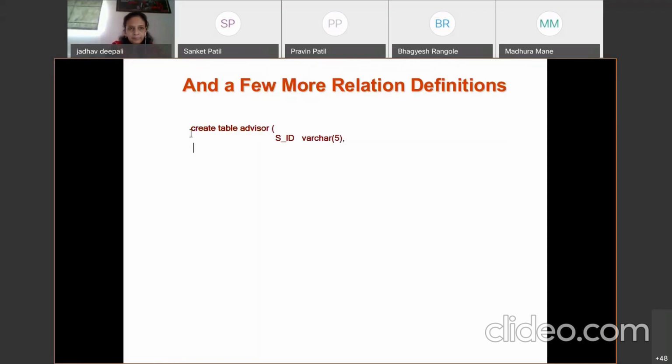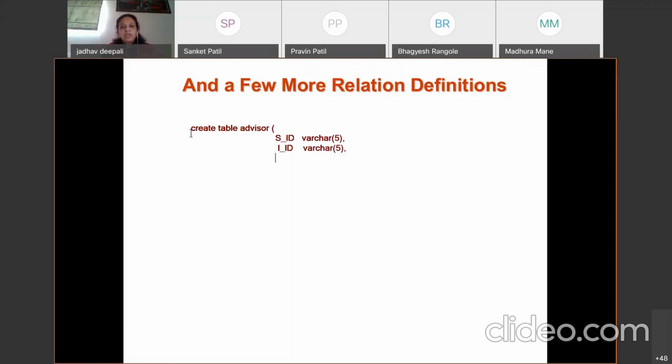Next, ID, varchar 5, comma. Now, these are the only attributes, correct? In the advisor, because it is a relation between student and instructor.